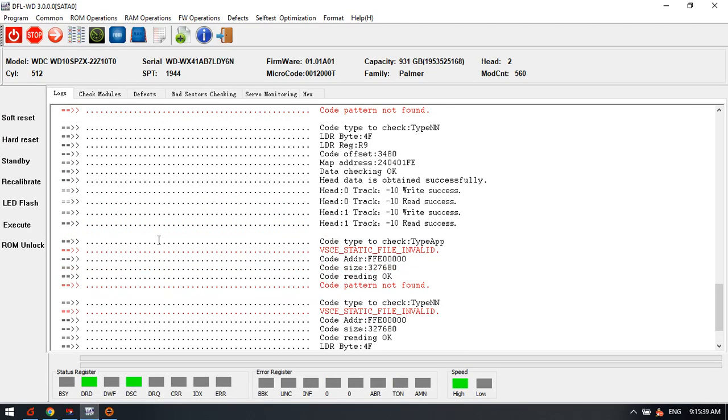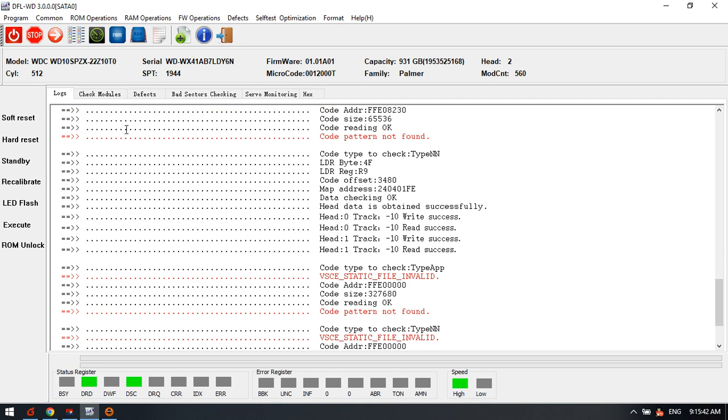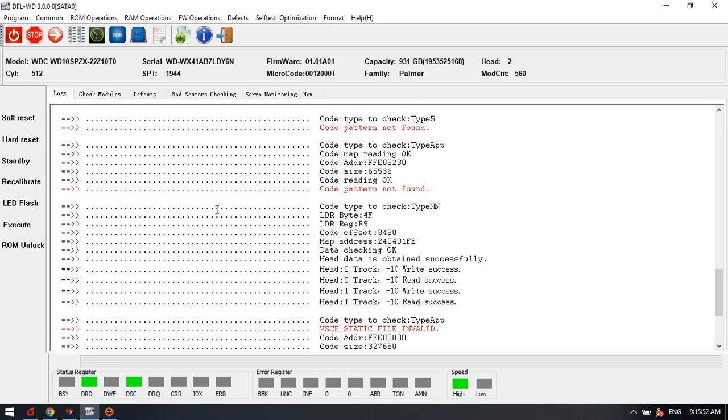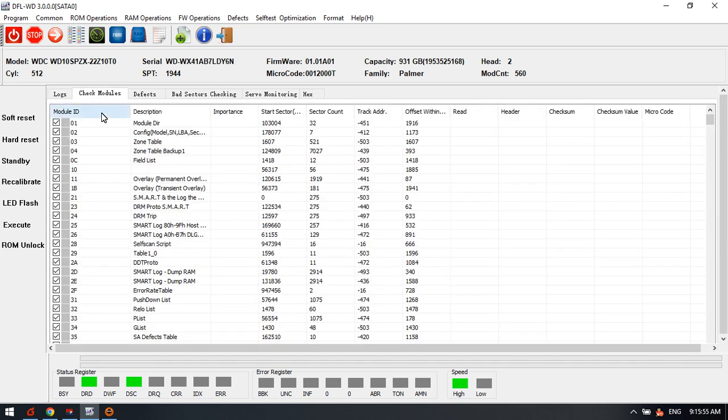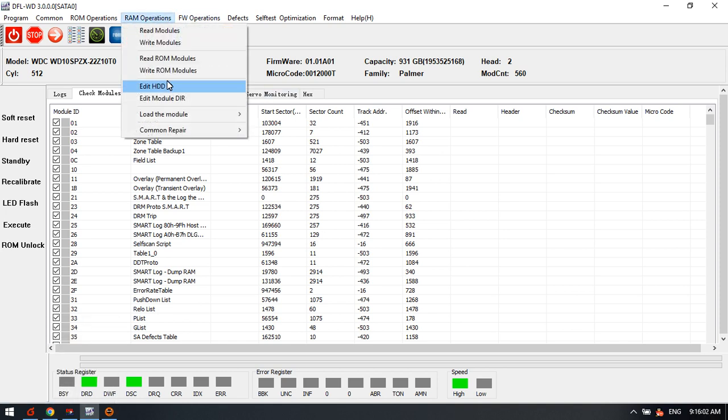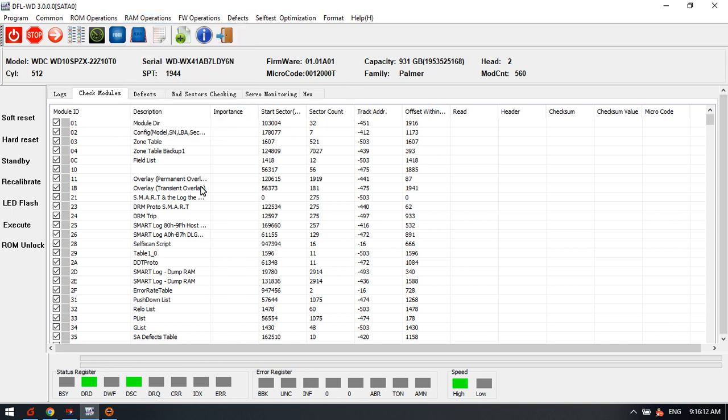So users can use this one to swap the heads, and then users can connect the patient drive after the head swap to use the DFL-WD Western Digital firmware repair tool to diagnose the patient drive further. So for the Western Digital hard drives with head failure, users can get very powerful and helpful data recovery solutions to get the physical drive failure fixed and finally get